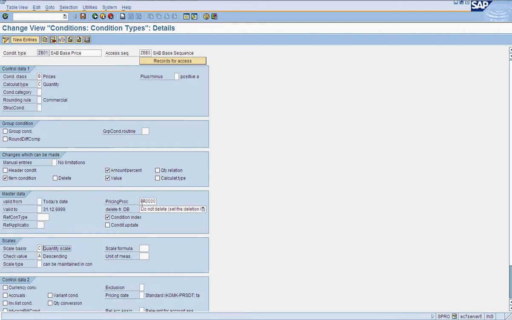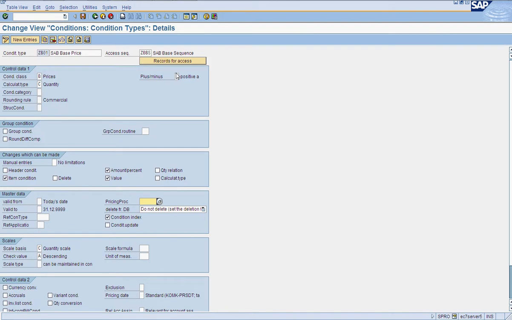We will remove this required pricing procedure. I do not want this one. Do you want to update condition index? Condition index and condition update are primarily used for statistical purposes, and condition index is like whether you want to record these condition records, maintain the condition records for statistical reporting. And condition update is useful when you want to use this condition record for only, say, the first 100 customers or first 100 orders, then you can use the condition update button, but it is not normally used.